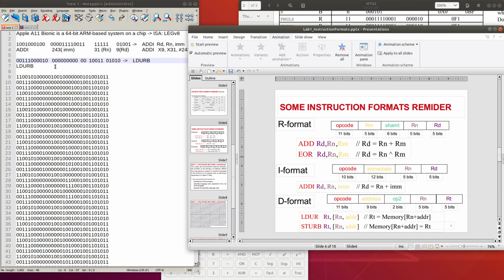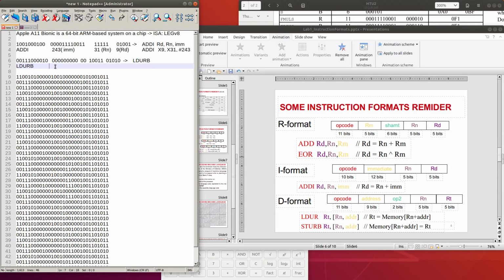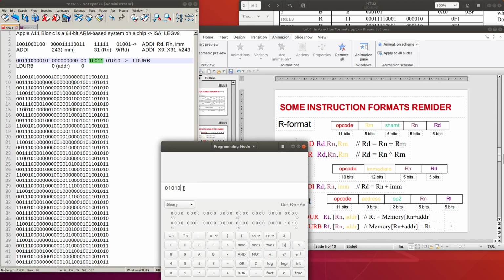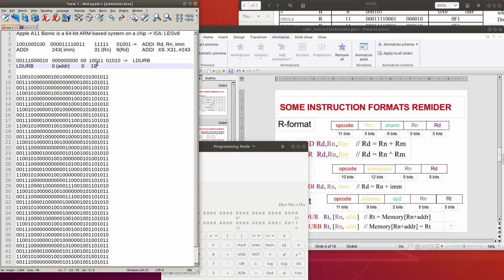Here we know it is 0, 0 for address, and then these 2 bits are 0 in hexadecimal, and then this 5 bits Rn will be, if you look into here, it is 19 in hexadecimal, so 19, and it is Rn.